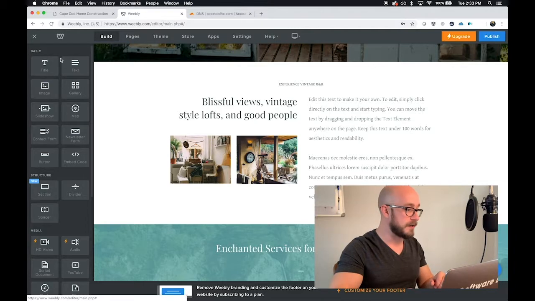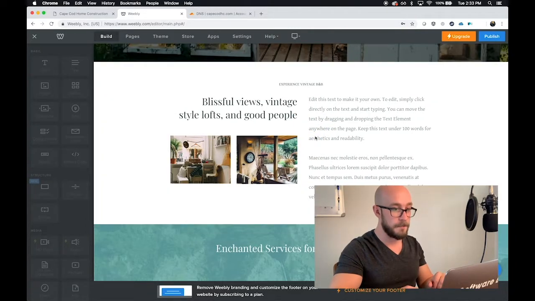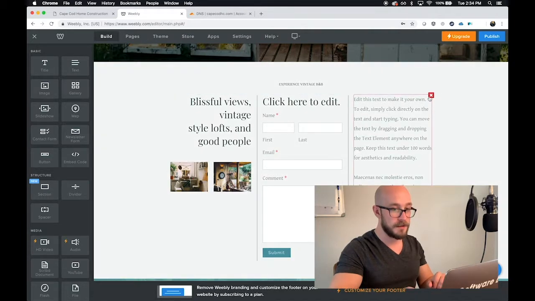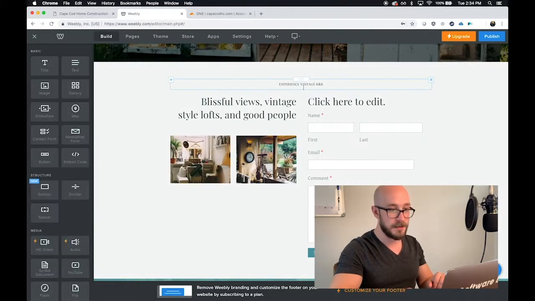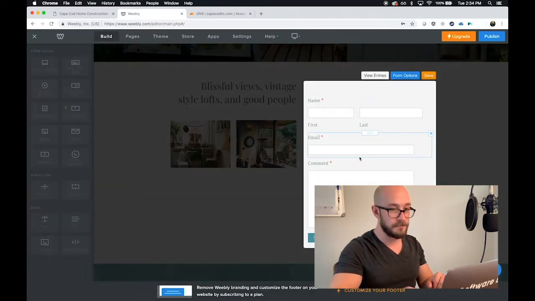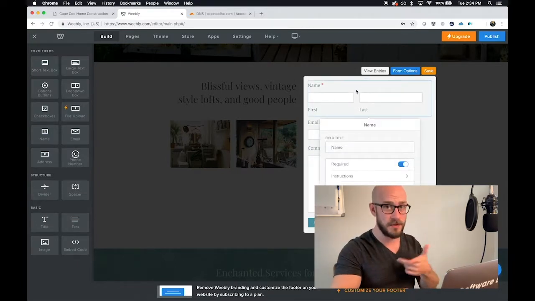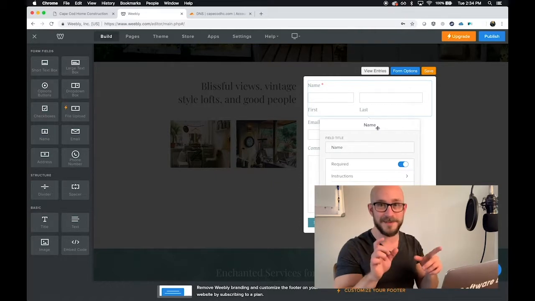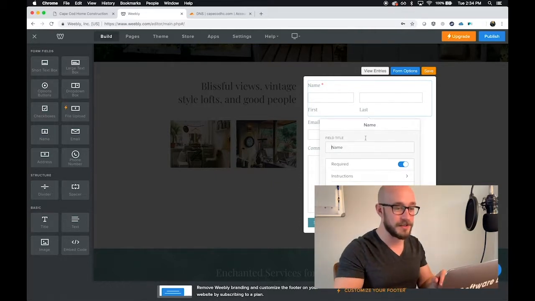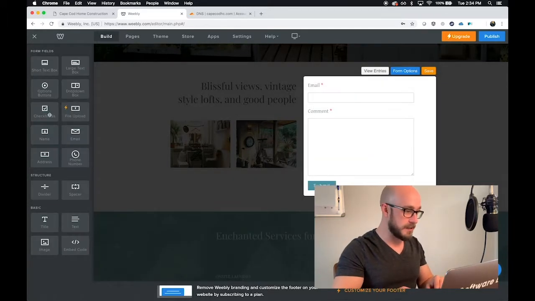If I go to the build tab on the left, we have the contact form, which I can just drop in here. And I'm going to delete this guy, delete this guy. So it gives you a name field off the bat, which has two inputs. Personally, I think it looks dumb because it kind of hangs over a little bit. So we're actually going to delete this input as well. We're going to replace it with just a really simple single field input,